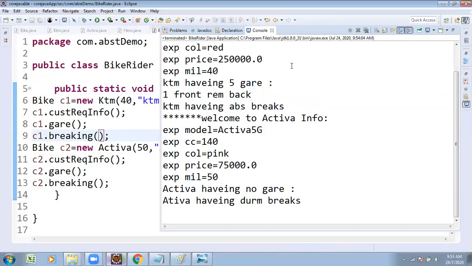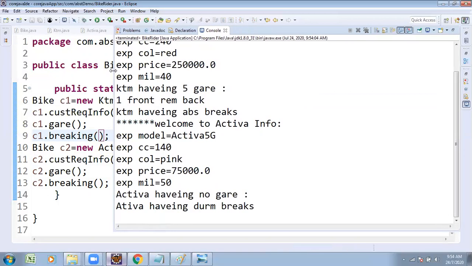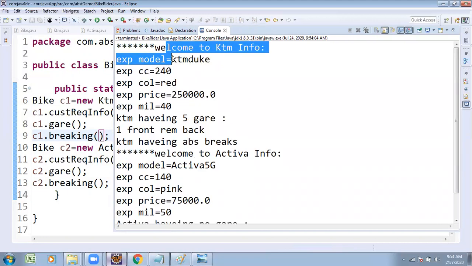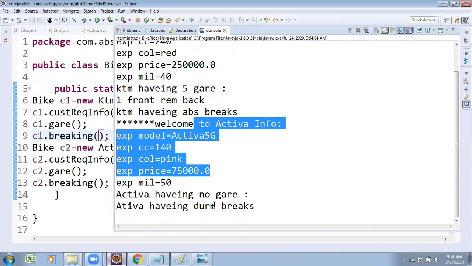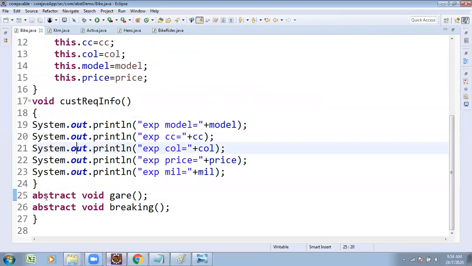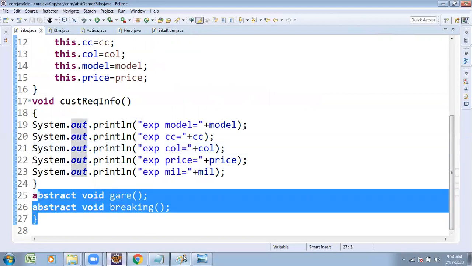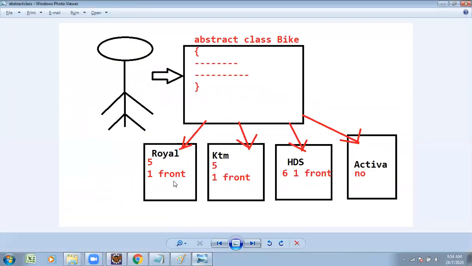Try to observe. They asked for KTM information, and Activa information. So based on that, whatever data we hid under the Bike class is presented under its subclass. Why? Because gears of bikes are different, and we are going to use it.